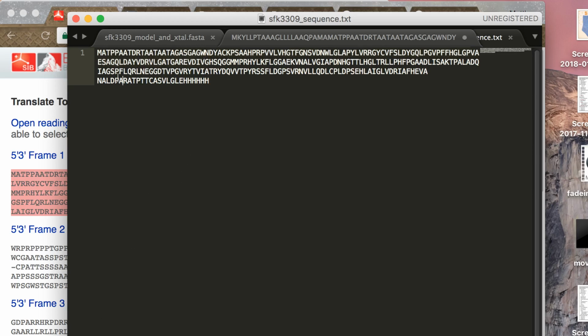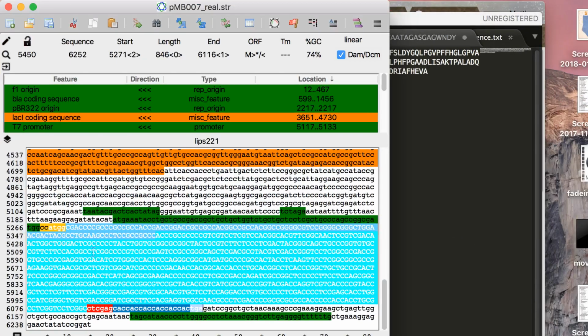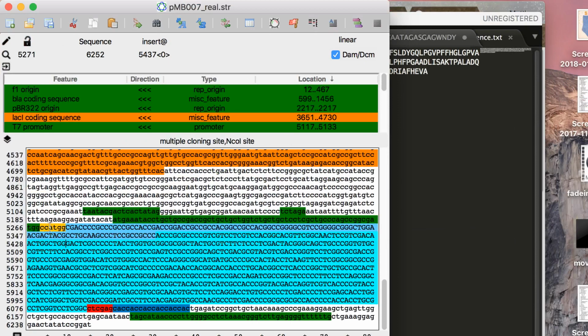So what I want to do is mutate the 117th serine. So right now I highlighted 116 characters, and this is our serine right there. So 116, we've got to go back to the DNA sequence because that's what we're working with. And what we'll do is we'll just take this,